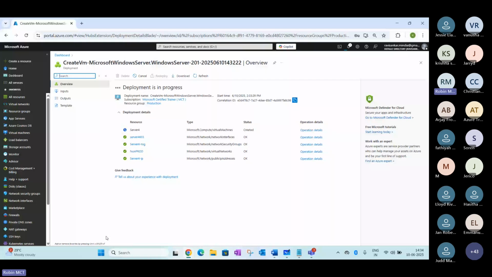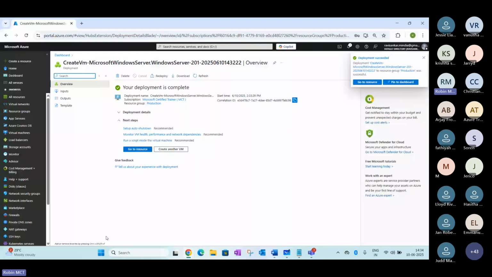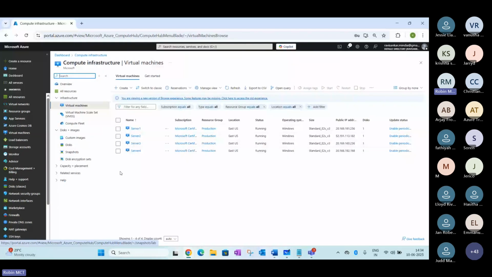You can see this deployment is progressing. You can see this has been created. Now you may be able to see a virtual machine has been created, server 4, in the same location where my other 3 VMs are created, that's the East US location.